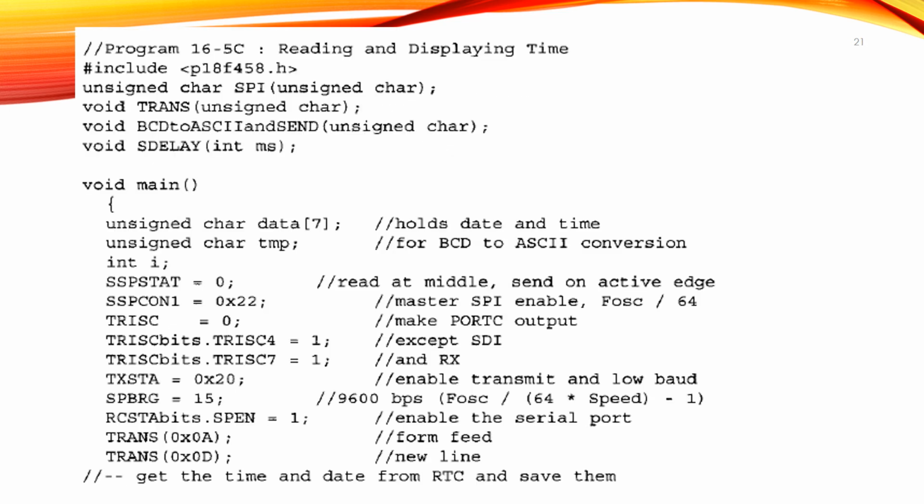And now in the full course, we will have to write the routines like we have seen in assembly. Now here it is in embedded C. So for reading and displaying time, for example, here we have written four functions. One is unsigned character SPI, then void trans, for setting purpose, and BCD to ASCII conversion, and then delay. Now in the main program, just see: unsigned character data 7 holds date and time, unsigned character TMP for BCD to ASCII conversion, and SSP stat 0 in the beginning, read at middle, send on active edge, SSP con1 0x22,